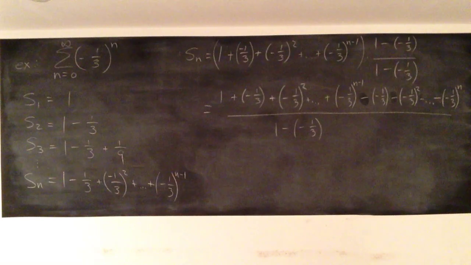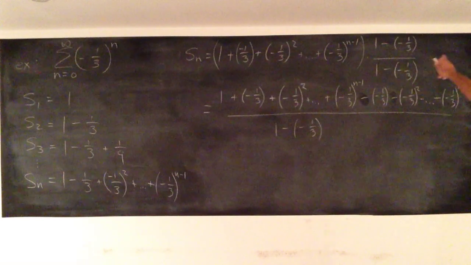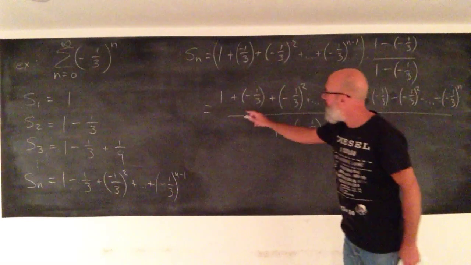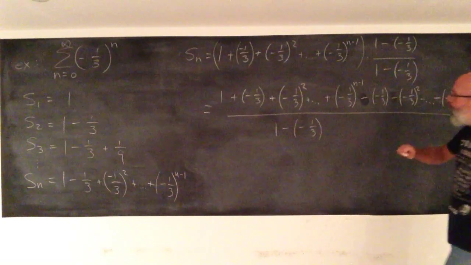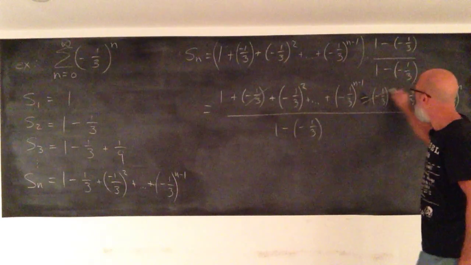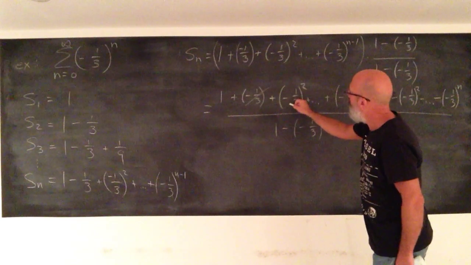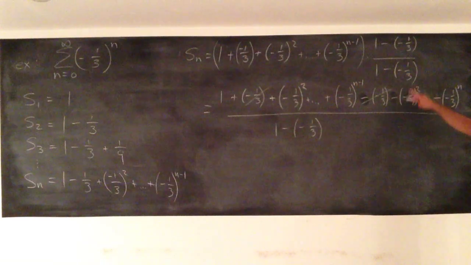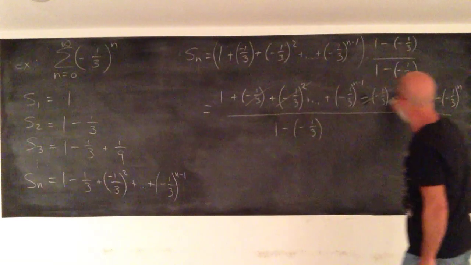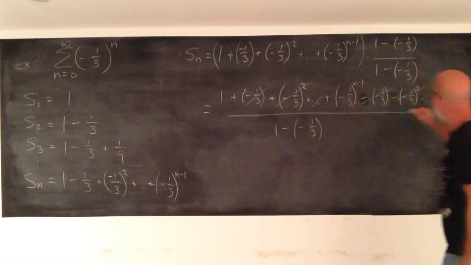It's a bit hasty there. And now you see that things cancel, right? Negative 1/3 minus negative 1/3. So these cancel out. Negative 1/3 squared minus negative 1/3 squared. These cancel out. Everything cancels out,